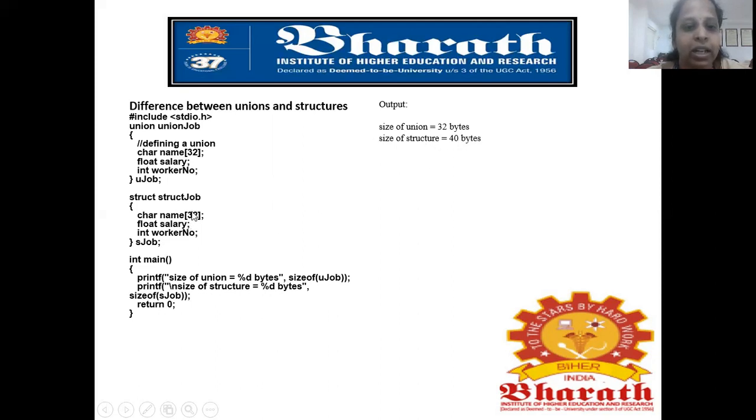So totally the bytes occupied by the structure is 40, and whichever field or data type occupies more memory is what is allocated by the union. The largest size here is 32. So that is in terms of your union. So this is about the union.